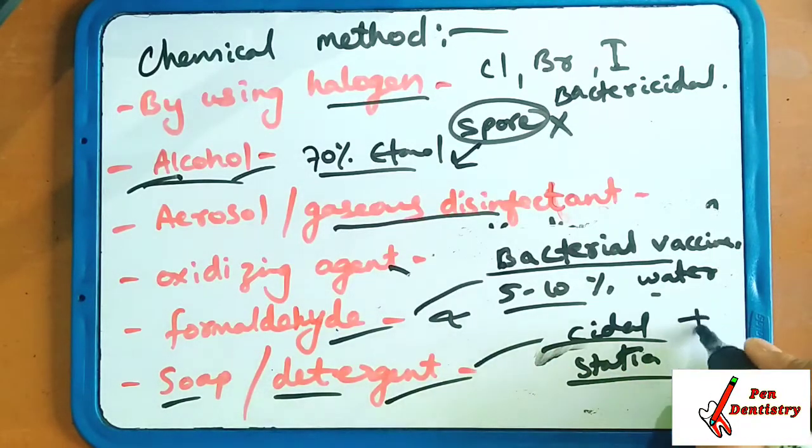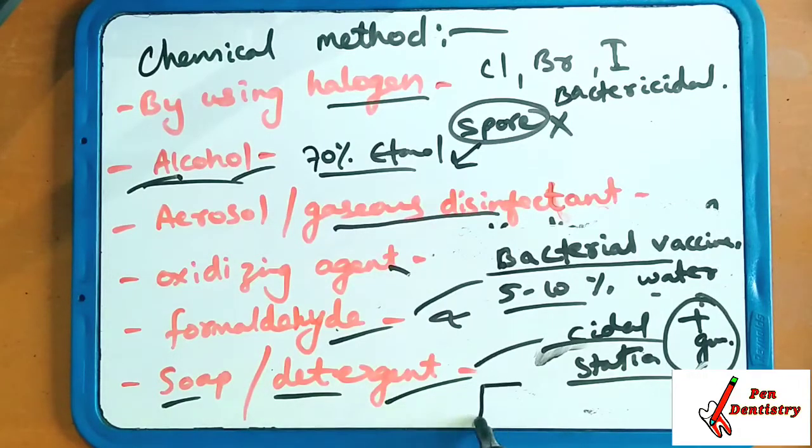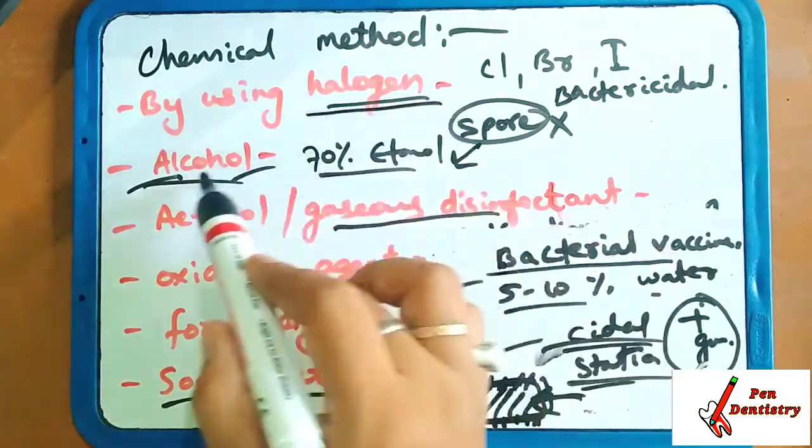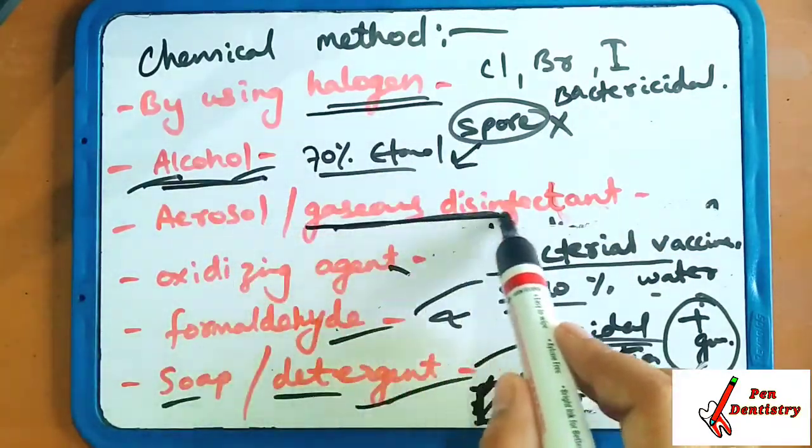It acts on gram positive and some acid-fast organisms. It acts by concentrating on the cell membrane and disrupting its normal function. The cell membranes of the bacteria are ruptured and it kills the bacteria. If the cell membrane is ruptured, then the bacteria will be killed directly. So bactericidal, and just remember halogens, alcohol, gaseous disinfectant.